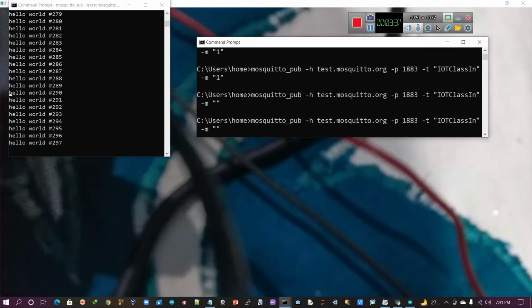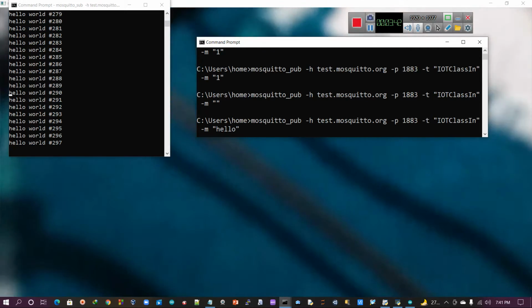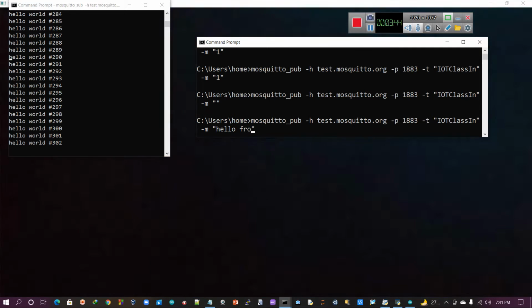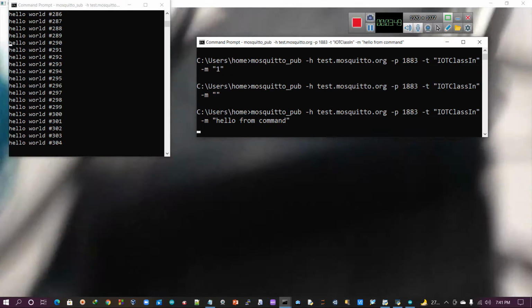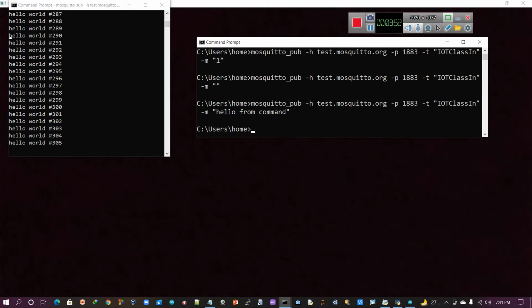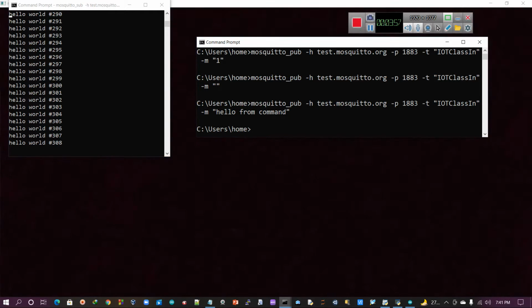For example, I am supplying a message, hello from a command. The NodeMCU received this message, hello from command. But I am not able to visualize such information because the NodeMCU is not connected to my laptop. If it were connected to the laptop, I could show you what is happening internally on the serial monitor of the Arduino board. But as you know, that is a totally separate thing.